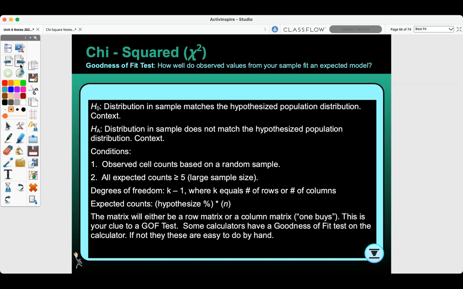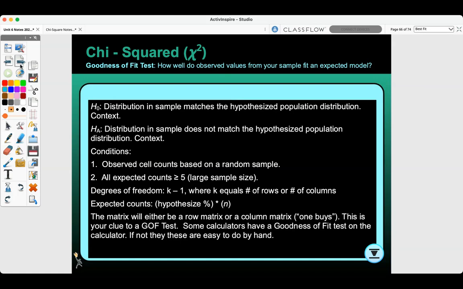Let's look at the first one, the chi-squared goodness of fit test. How well do observed values from your sample fit an expected model? So first we have our null hypothesis. Distribution in sample matches the hypothesized population distribution, and you need to have that within context. Your alternative hypothesis is the distribution in sample does not match the hypothesized population distribution, which also needs to be